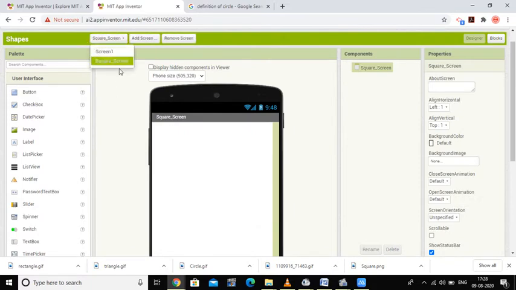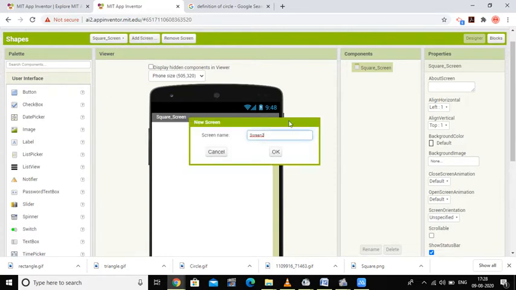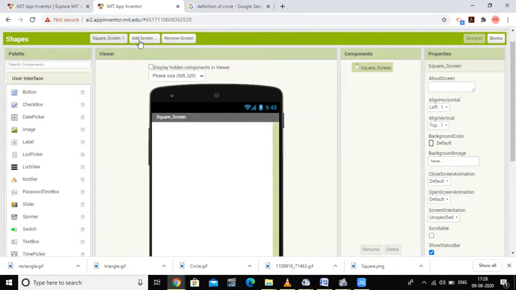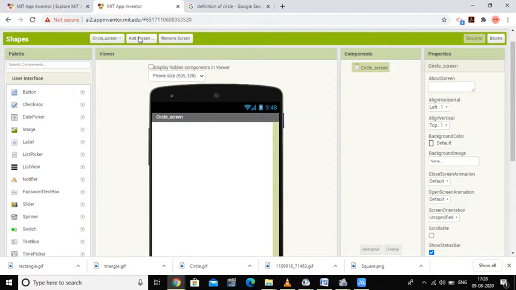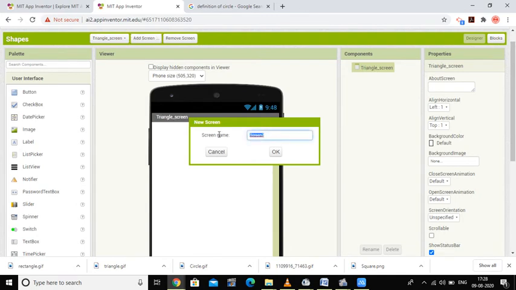Similarly, I am going to add a circle screen, a triangle screen and a rectangle screen. You can remove a screen easily. So here I add the circle screen, the next screen will be the triangle screen, and the last screen will be the rectangle screen.